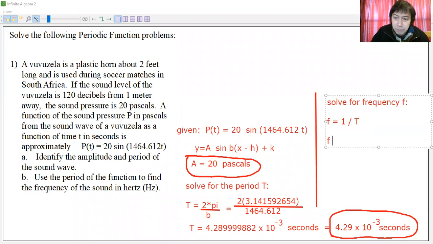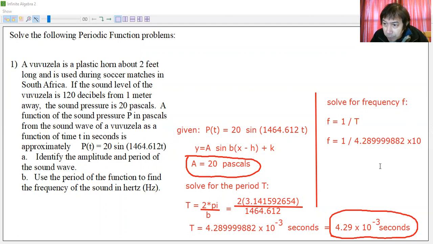And so this is f is equal to 1 over this number, 4.29, that's 4.289999882 times 10 to the negative 3. We have negative 3 there, the exponent. Okay, so we're going to get the reciprocal, 1 over that number. So 1 divided by the period. So that will just be